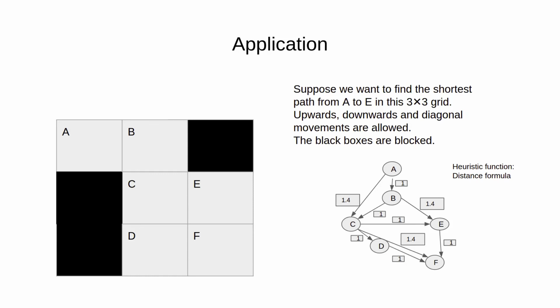Now we could have told by inspection that the shortest path from A to F is the diagonal path. However, in real life situations, we will get much larger grids and an even larger number of blocked cells. For example, we may get a 1000 cross 1000 grid. In such cases, finding the shortest path via inspection is not something we would like to do. And A star search will be the optimal strategy to apply in such situations.